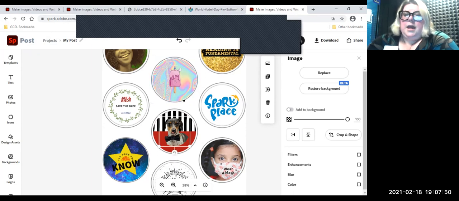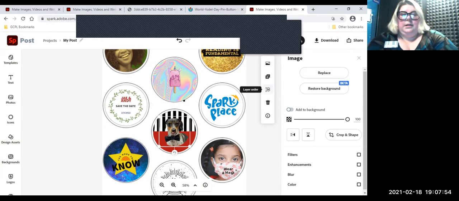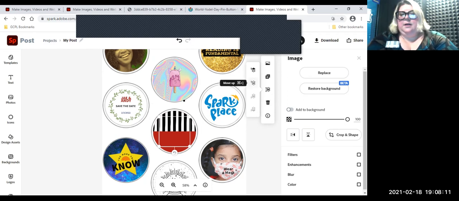The other thing that you might find useful is the layer order. And the layer order will allow you to send things back or to the front. Not useful in this instance, but say I added a picture and it ended up being back there, I could then bring it to the front. Sometimes you have to fiddle with that a little bit to get it in the order that you like it to be, but